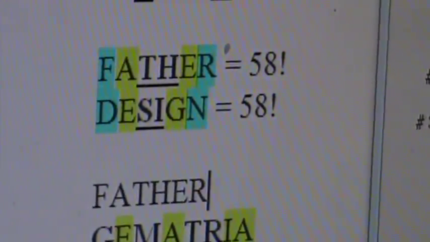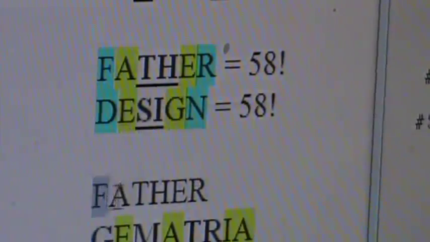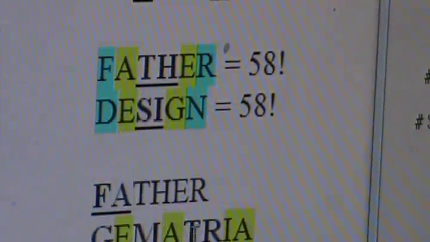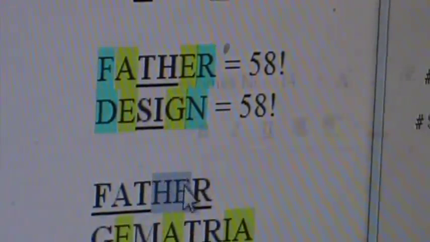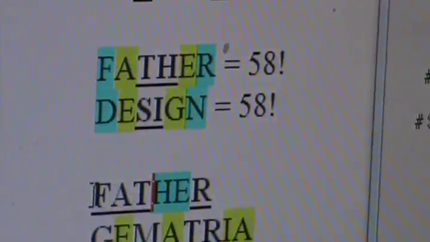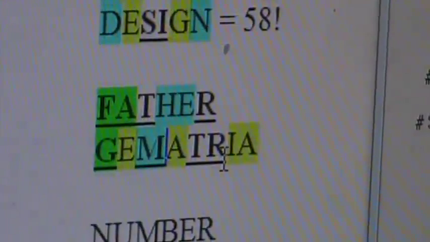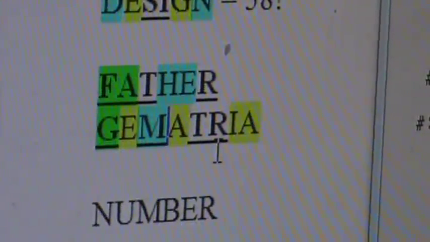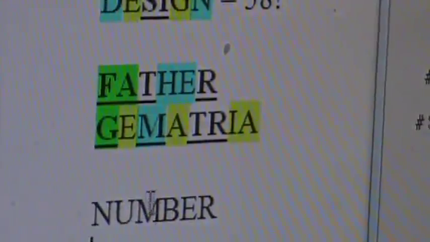And then when you do a letter by letter, look at this. A G equals the FA right at the front. Okay? And now a T equals a T. And an R equals an R. And then this M equals the AG right in there. Like, that is just plain awesome. Like, that is so cool. Words cannot describe how cool that is. We just found the Father in Gematria in a stunningly logical fashion.